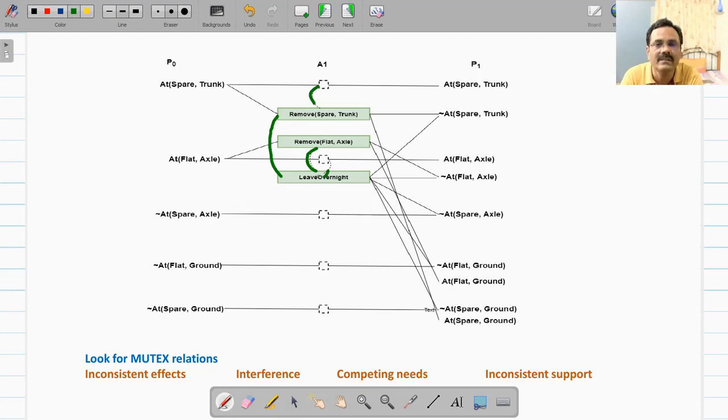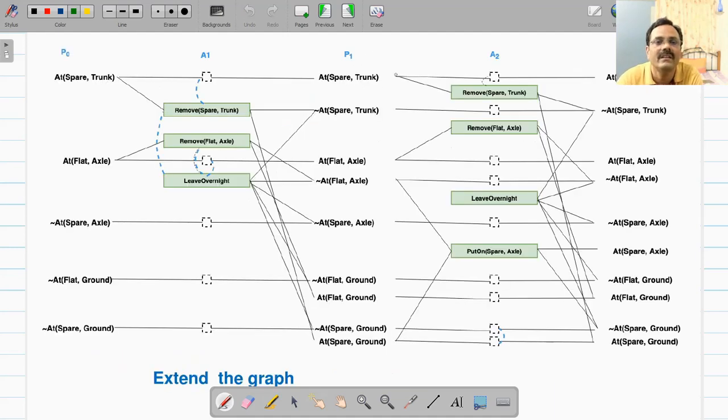Then next step is layer 2. Add layer 2 by identifying the set of actions in A2 and add their effects. So here we have done that. A2 has been added, so we have added the action remove spare from trunk, that can be performed here.